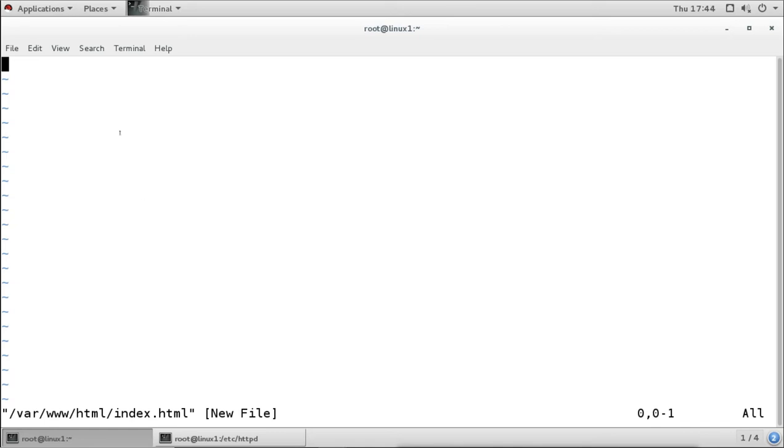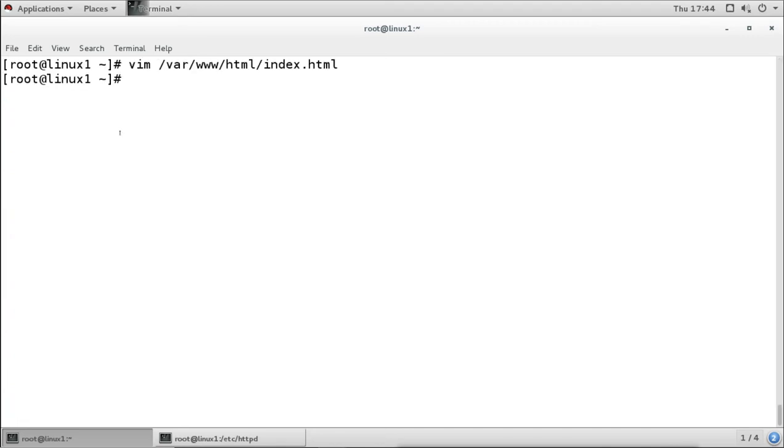Now I'm not a website developer, so for testing I will add a simple text here that says this is my default website. It will also work, and it is going to show me this line. So I created a file here, and for this we don't have to restart the services, because we have only created the index.html file and have not made any changes in the configuration files, so we don't have to reboot the services.